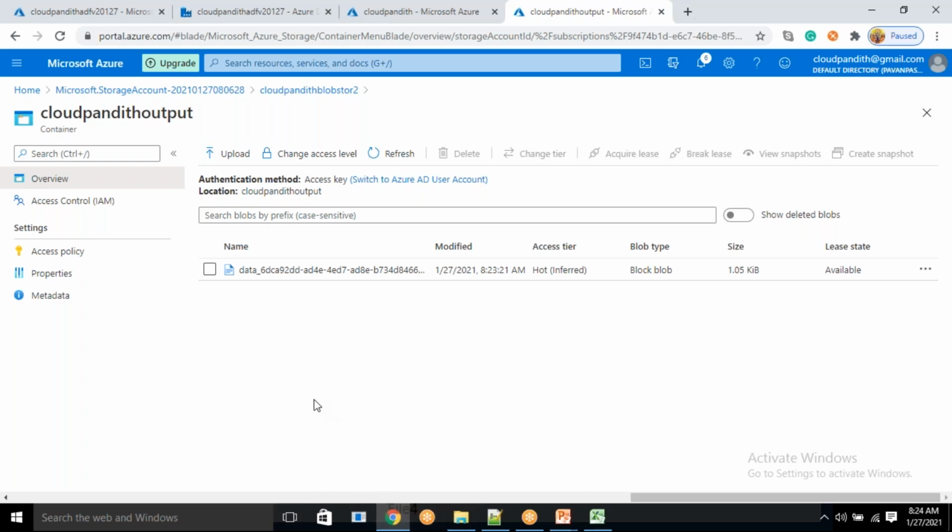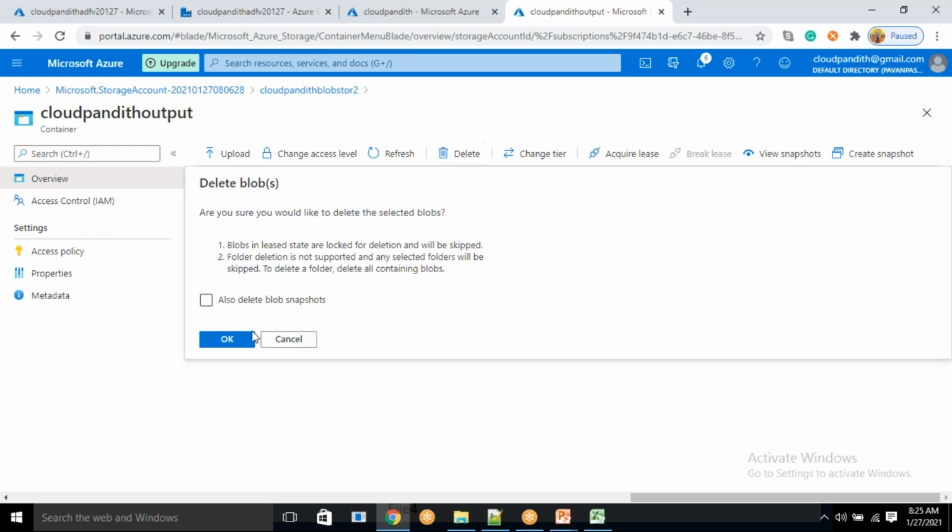Basically in Spark, what will happen? It will consider the schema which has more number of records. Example, you have a credit card file which has 4 columns and 100 records, and you have employee data which has 50 records. Which file has more records? The credit card file has more records, so Spark will consider the credit card schema. But in Data Factory, how it will behave, we will discuss.